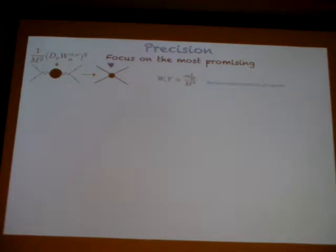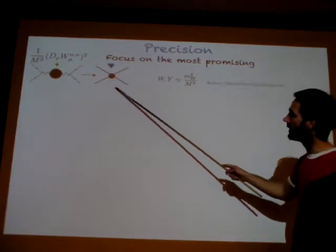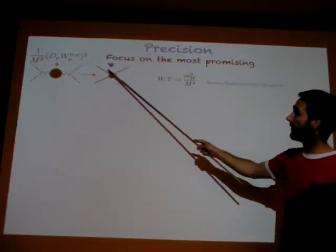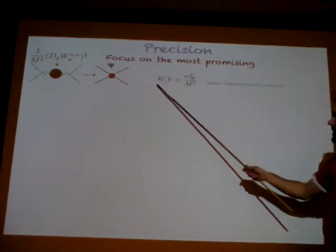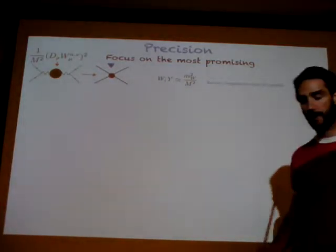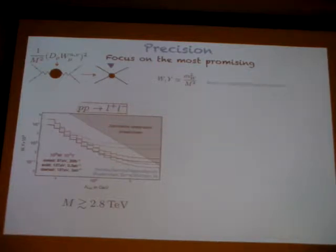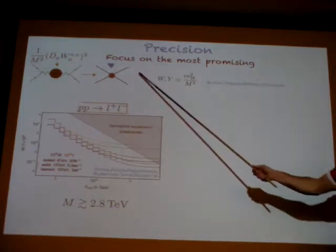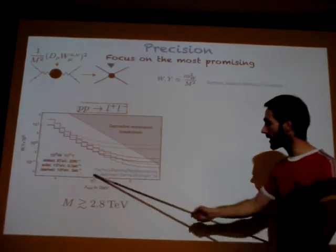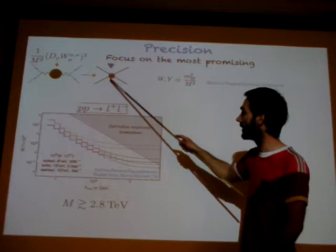If you're familiar with the physics of the Large Electron-Positron collider, you might be familiar with this article. The physics entering this 2-to-2 fermion scattering was parameterized according to these W and Y parameters. This is basically an extension of Peskin and Takeuchi's S and T parameters. Proton-proton to lepton-lepton is one place to find this type of physics. And in fact, in this nice paper from last year, these guys made an analysis trying to constrain this vertex,